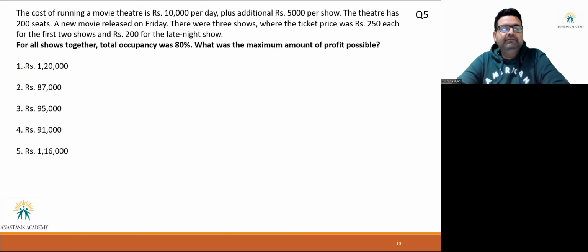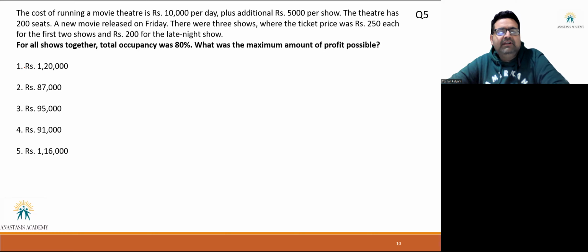Question number 5. Such questions are easy, but you just have to carefully read. There is a lot of chance of making mistake in this question if you miss out any of the points. So my recommendation for such question would be read it as slowly as it takes, because if you take half a minute more to read it and do it correctly, is better than doing incorrect, right? So read it slowly, and if needed, read it twice also. So let's read it slowly together.